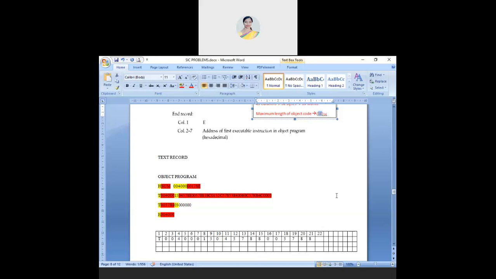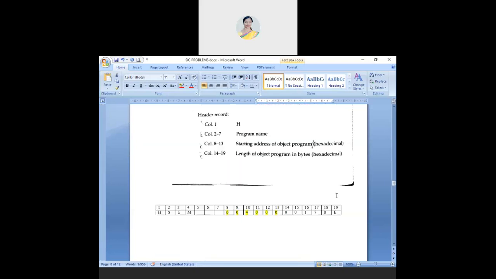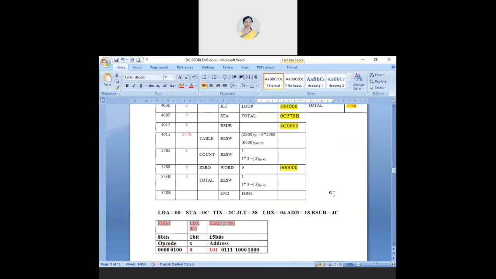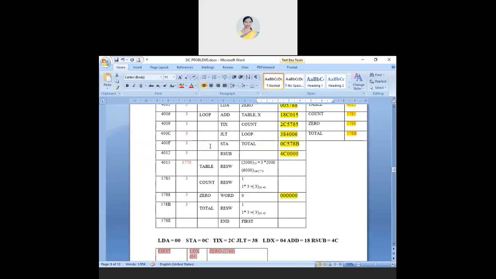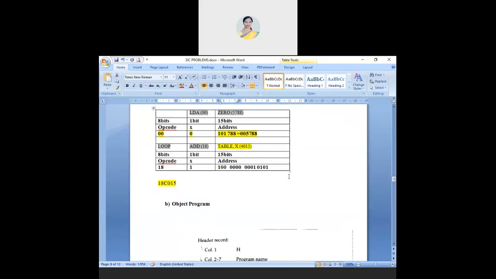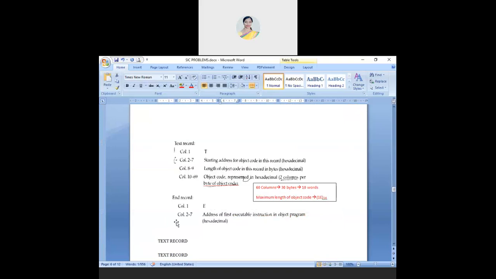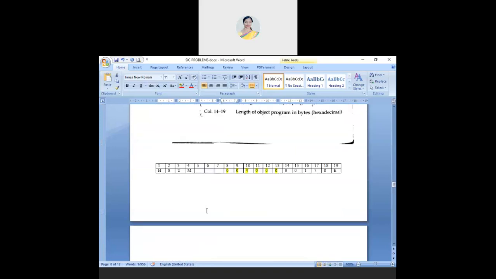The other one is when you come across 2 different records, like this. I'll start, and I get a reservation. You reserve for some purpose and then I have to break, because that is not used. And if I have word and byte, again I start my new record. So how many records do you have in this program? 2 text records, and the last one is the end record.